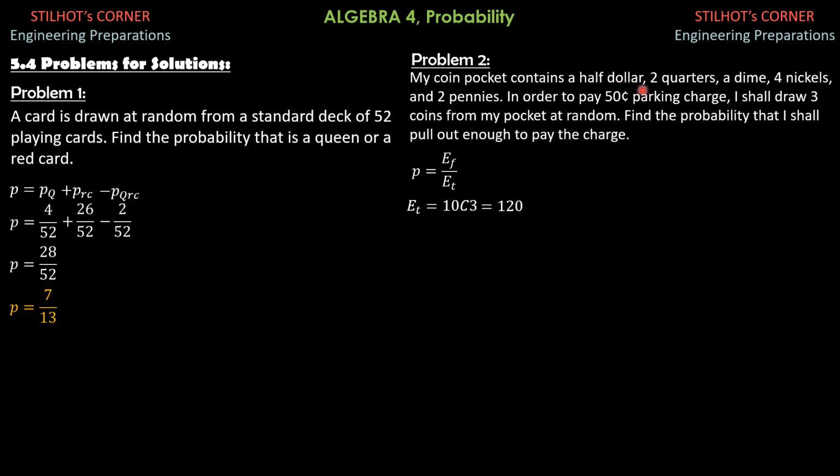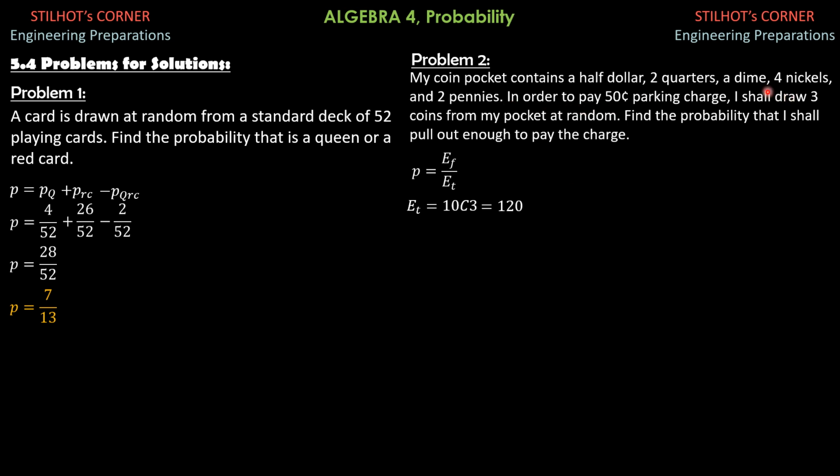Half dollar times, and that is 1 combination 1, because there's only one half dollar, and the other possibilities would be 2 coins from the remaining 9 coins. So 9 combination 2. Then plus